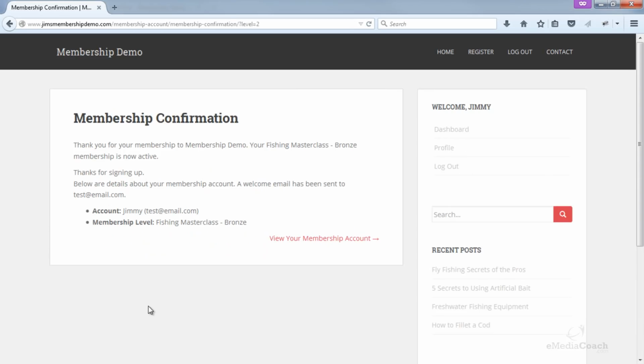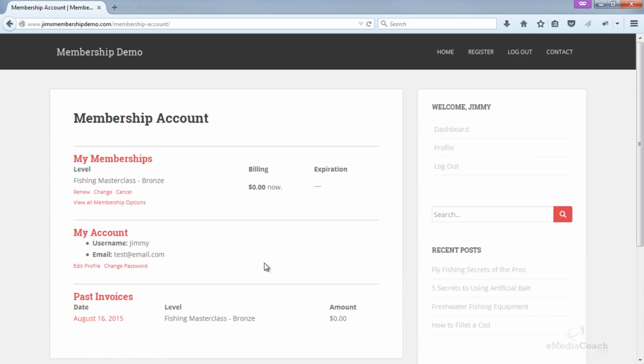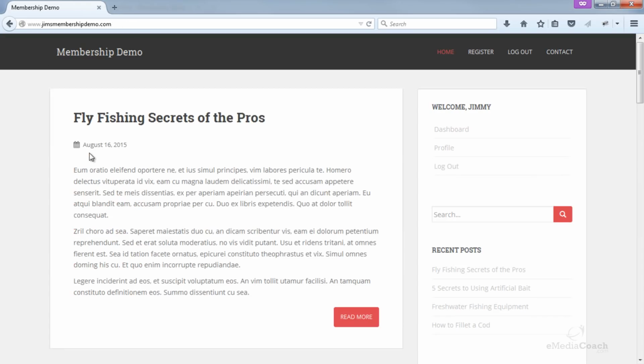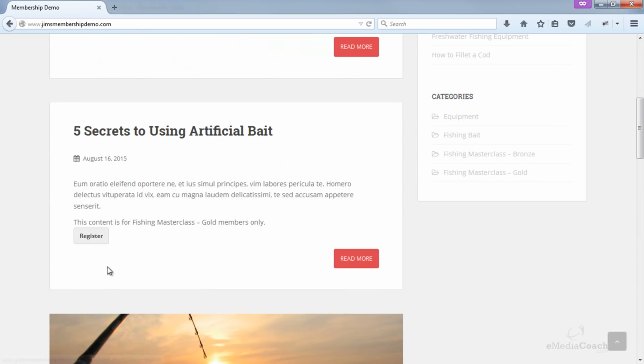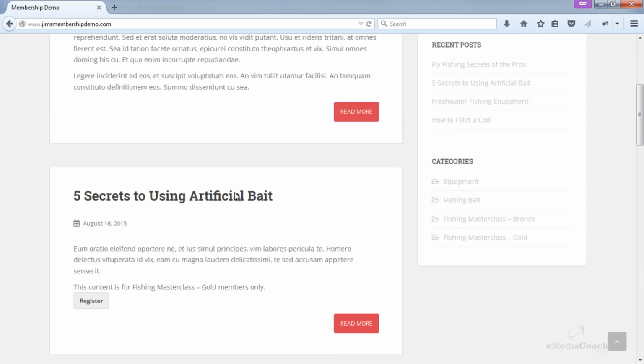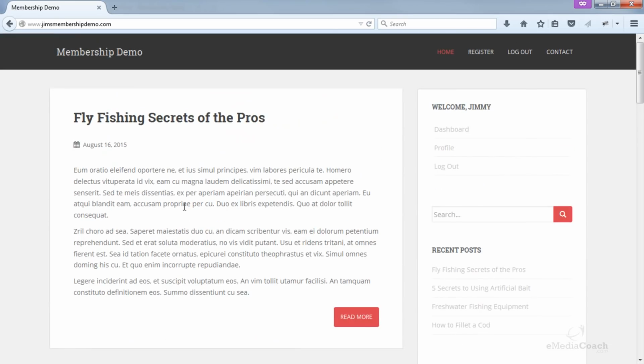Obviously there's no PayPal button because there's no payments involved. So there we go, we've become a member of this free membership level. As per before, we have our own membership account, we just have not paid any money to become a member of this particular level. So now if I access the home page, yep, there we go, I can see this full post, but I still cannot see the post that's only visible for gold members. So there you go, there's a perfect example of how to add multiple layers of membership onto your website.